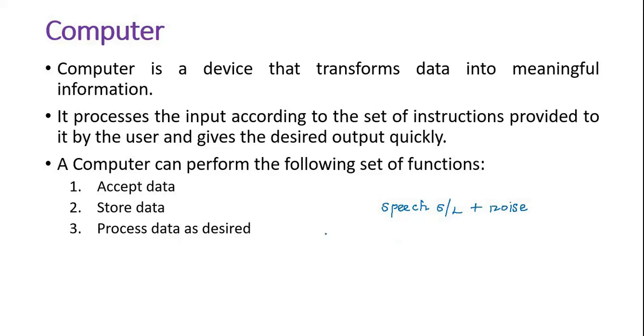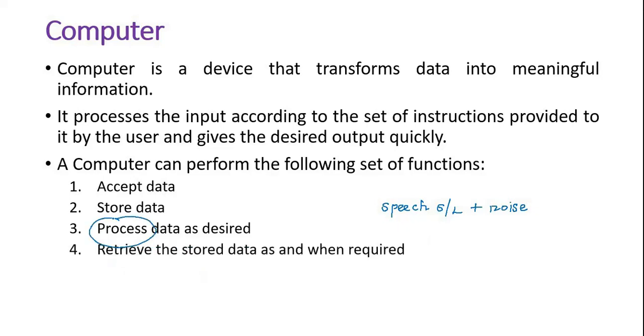Say for example, I have some file and I want to transmit that file. I want to send the file through email. There is a limitation in the size of the file we can send through the mail. So I compress the file before transmitting. These are some of the processing operations, so the computer can do processing.